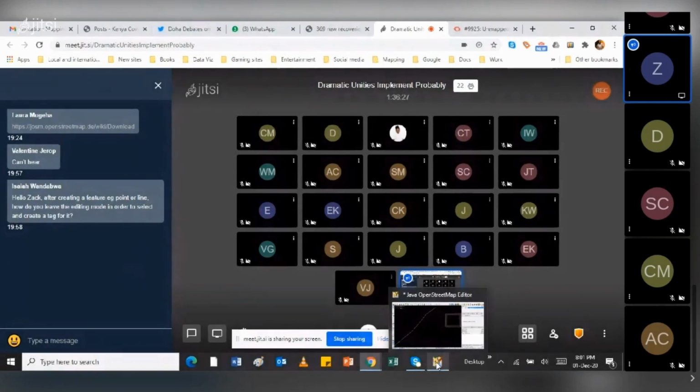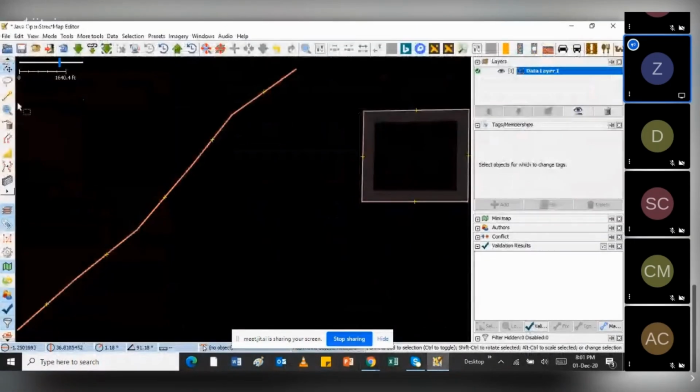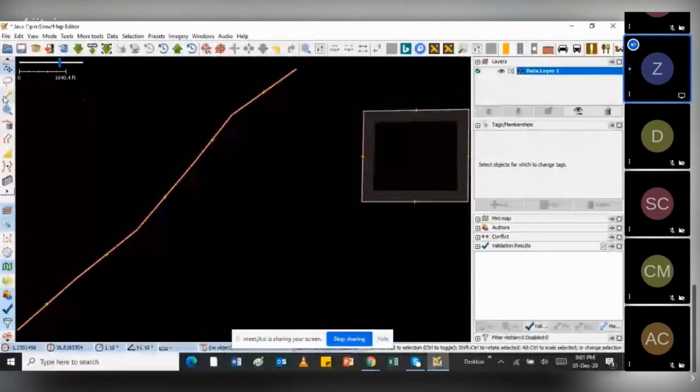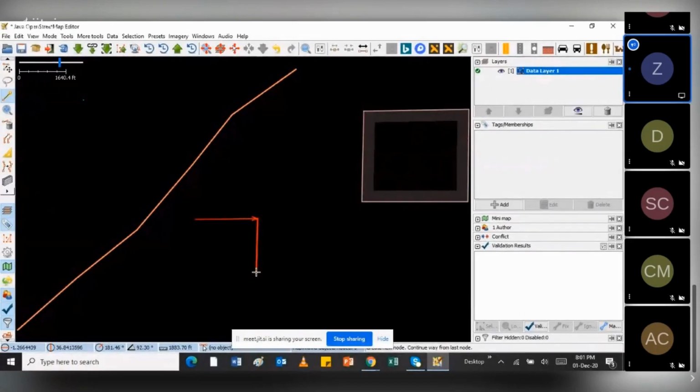So I'll just demonstrate that. For example, if I want to draw another building, I'll select the drawing node, then I'll do a building, then I'll double click here.